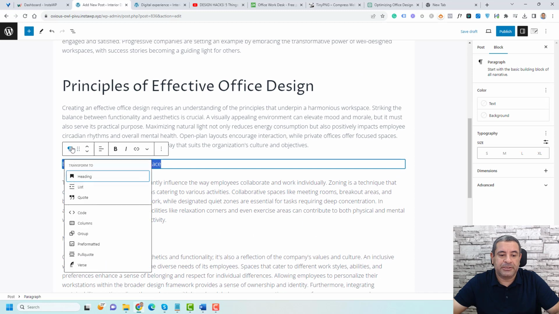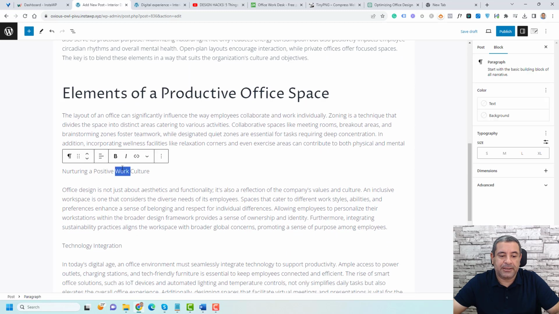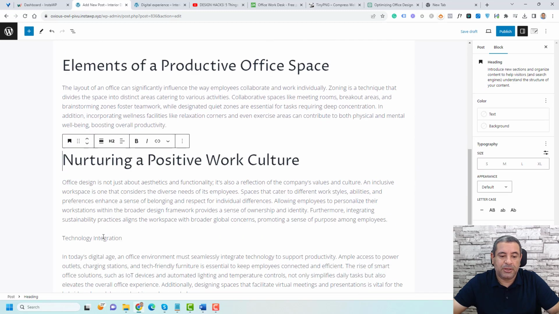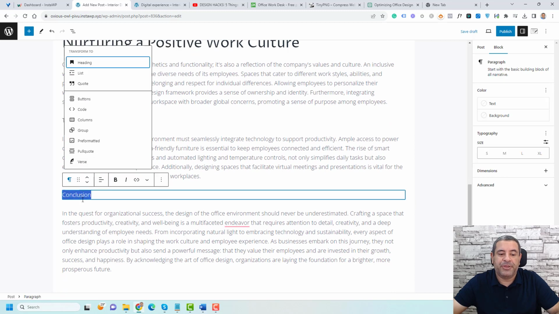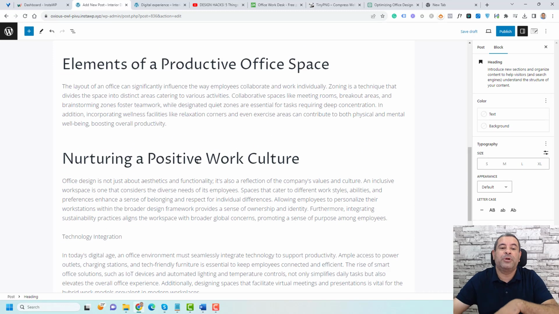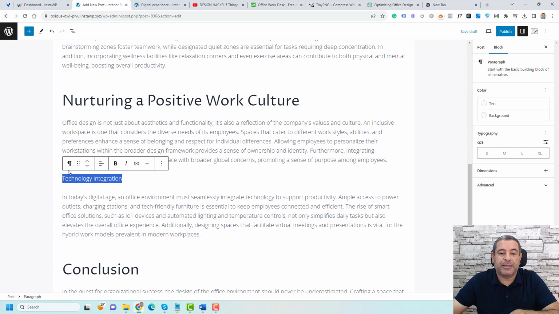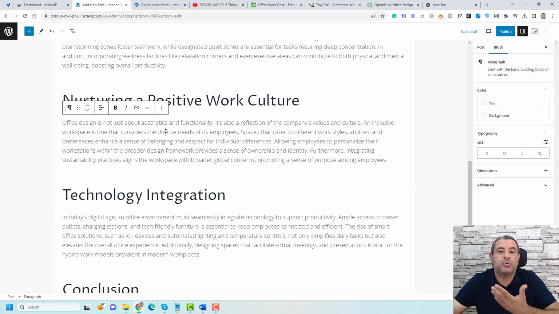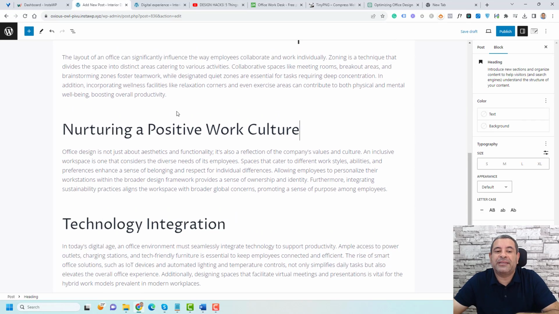Click here, turn this into a heading as well, and let's click this one, turn this into a heading as well. Of course, we can do the same with the rest. Now, what if you want to add a new heading inside your website? Maybe you need to add a new section and you want to turn this into a heading. If you want to add a new heading,